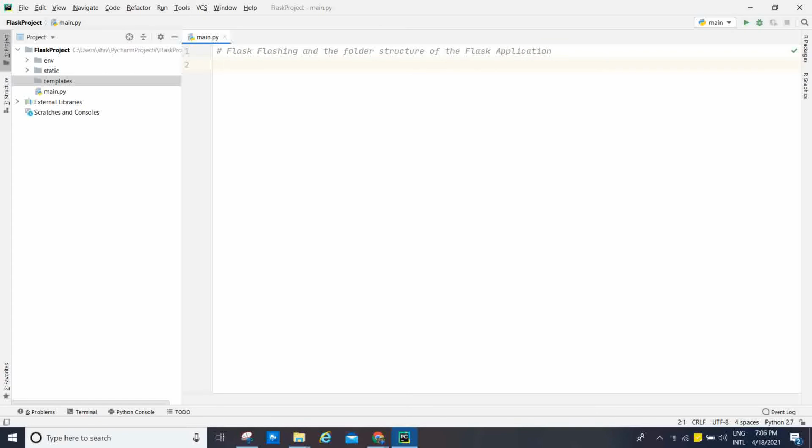In a web application, there are scenarios where the developer might need to flash a message to provide feedback to the user about the behavior of the application in different cases. Flash by the flash method.